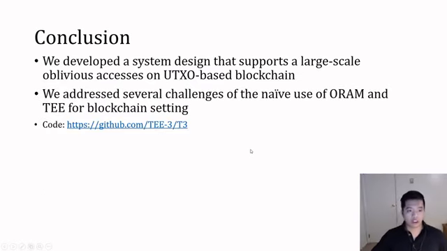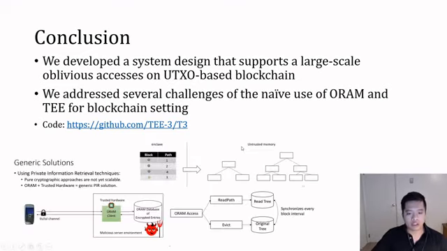In conclusion, we developed a system designed to support large-scale oblivious accesses on the UTXO-based blockchain by using Oblivious RAM and a trusted execution environment. We also address several challenges of the naive use of ORAM and TEE for the blockchain setting by introducing a concurrency design and the use of recursive ORAM. We also provide a prototype implementation of our code at the following link,